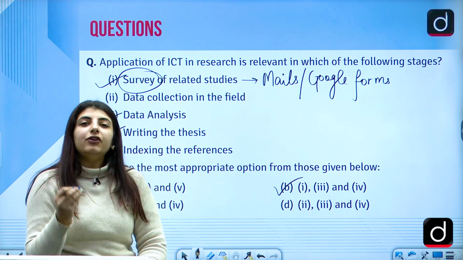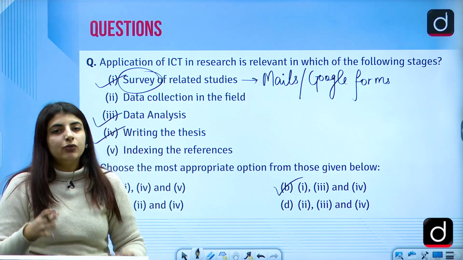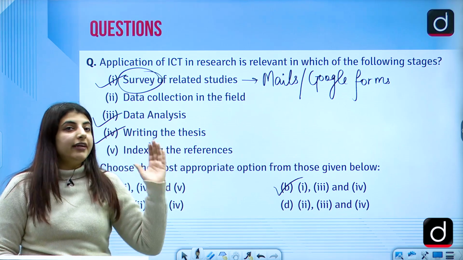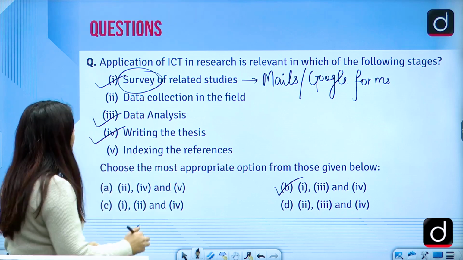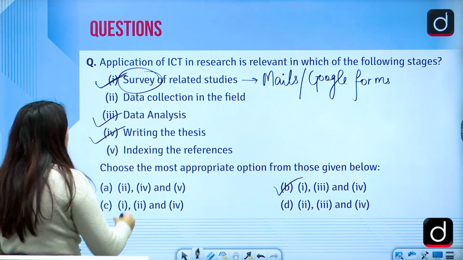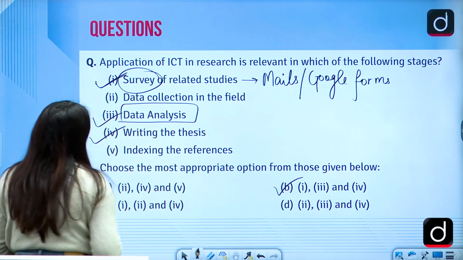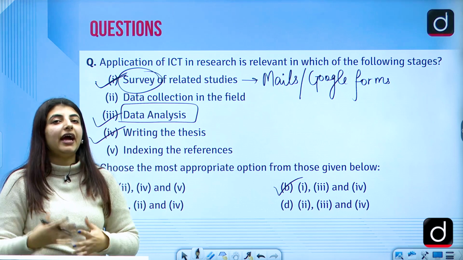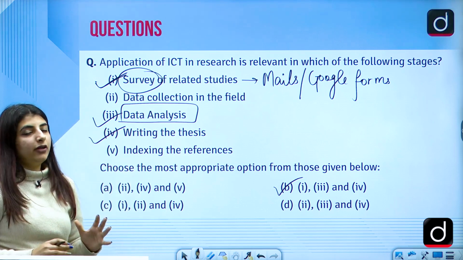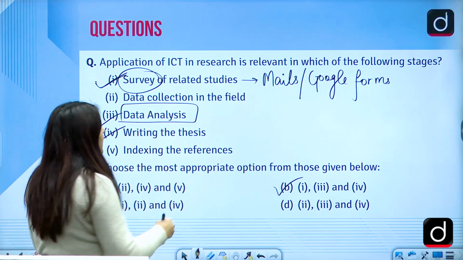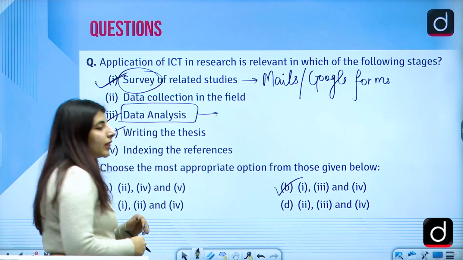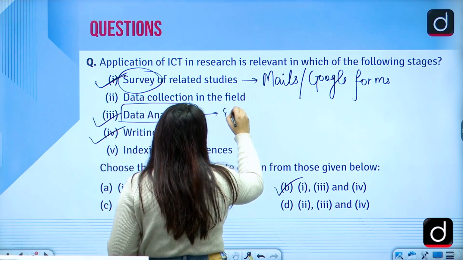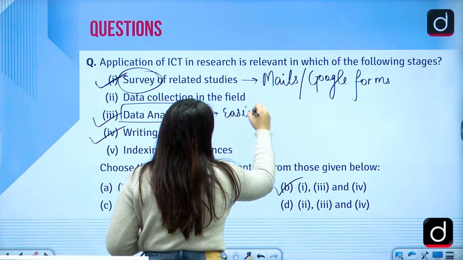But here, when we talk about the application of ICT in research, we all should know that it has now amalgamated with the research field as well, right? So, we need it for the survey part. We need it for the data analysis. Usually, people in the previous times used to traditionally and manually enter the data, keep the records with them in physical format and then analyze it manually. But with the advent of ICT, data analysis has become easier with the usage of